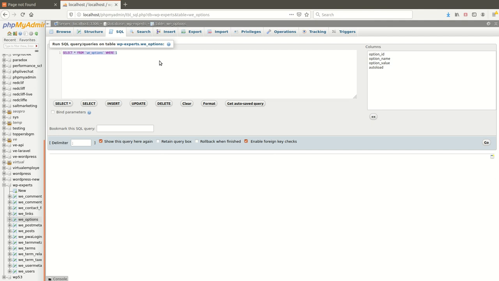First, you need to notice that the table prefix may be different in your database, so please don't forget to use your table prefix when updating the URL in the MySQL query. Let me start the query.